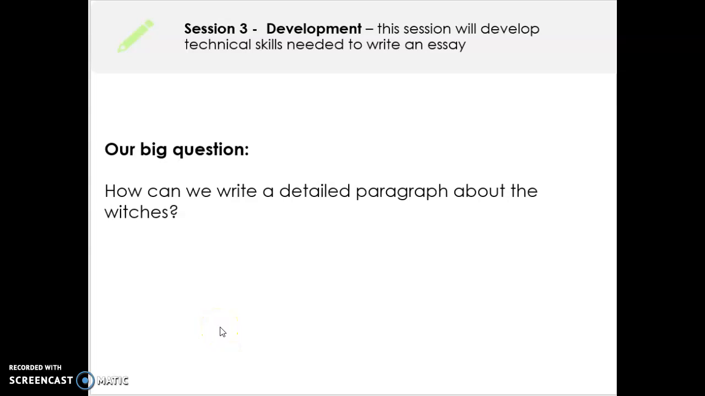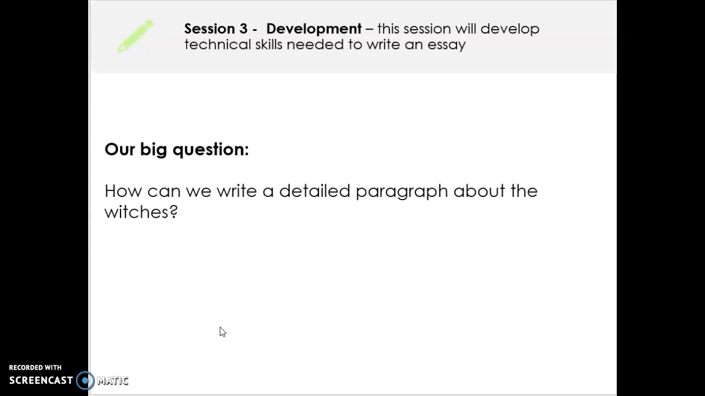Okay guys, so we're into our third session on the witches. In the first session I talked you through quite a lot of information about them. To recap them, in the second session I decided to write one 3-sentence paragraph summarising them and how they're presented using the GST structure. Today we're going to develop that into an analytical paragraph, so moving beyond just a summary